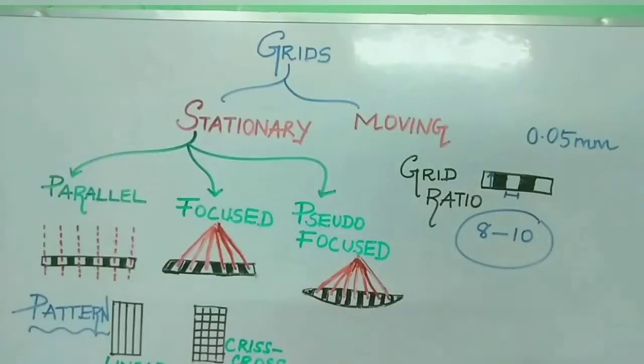Now let's study the basic grid patterns and types of grids. There are two basic grid patterns. The first one is the linear grid pattern and the second one is the crisscross grid pattern. In the linear grid pattern, lead strips are placed parallel to each other in the longitudinal axis, and this pattern is indicated when a long target to grid distance is needed. The next one is the crisscross grid pattern. Here two superimposed linear grids are placed at right angles to each other, and it cannot be used in oblique techniques requiring angulation of the X-ray tube.